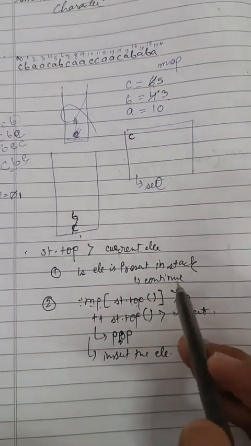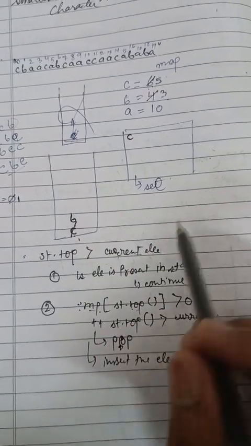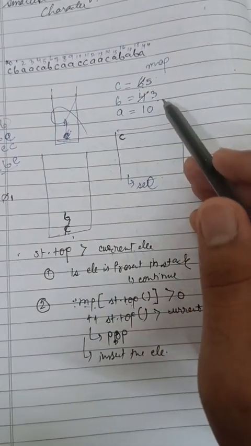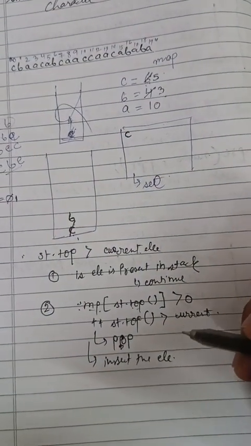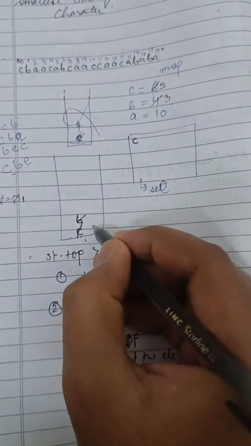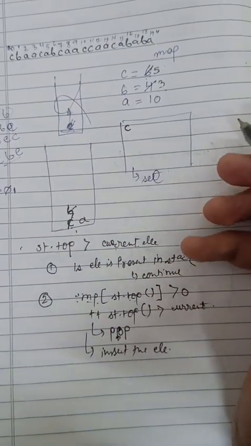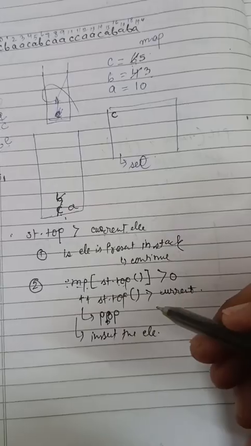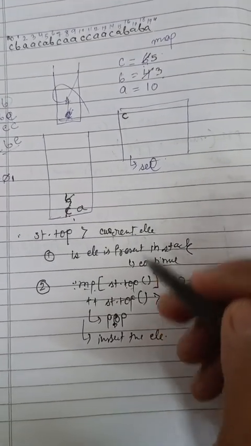Okay, A is smaller than B, then what can I do? Is A already in stack? No. Then frequency of B is greater than 0. Yes. So what I have to do, I have to just pop it, and I have to make A. Also, if I am popping it, what I have to do, I have to just remove it also,